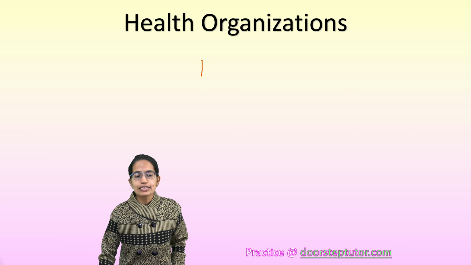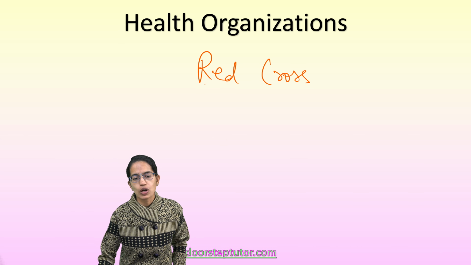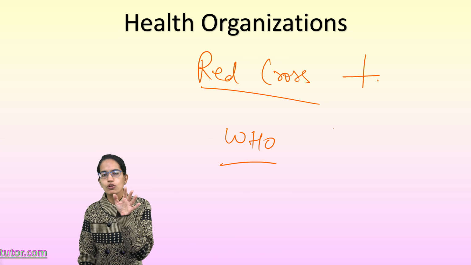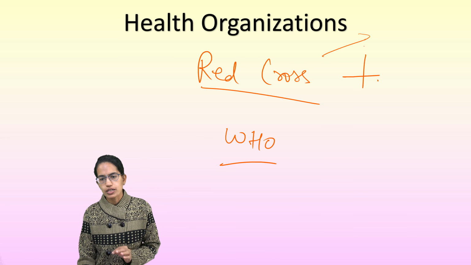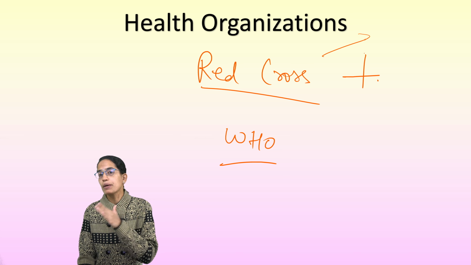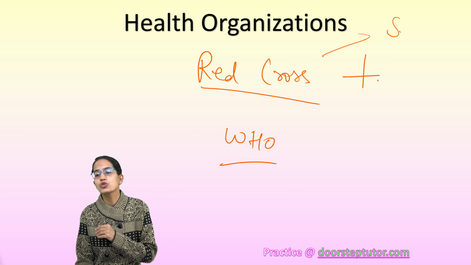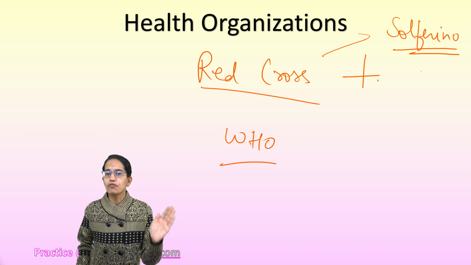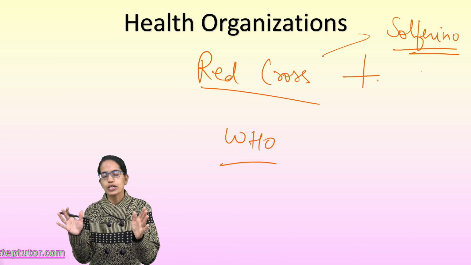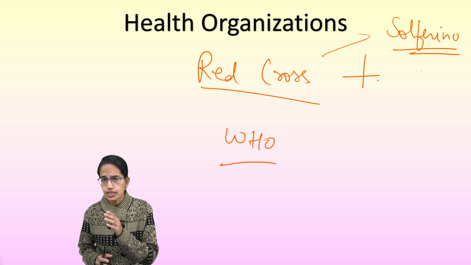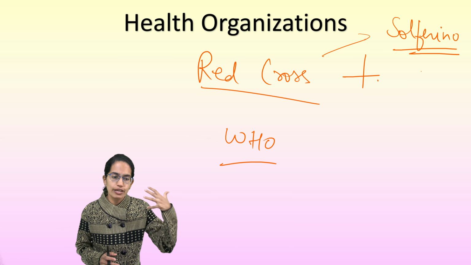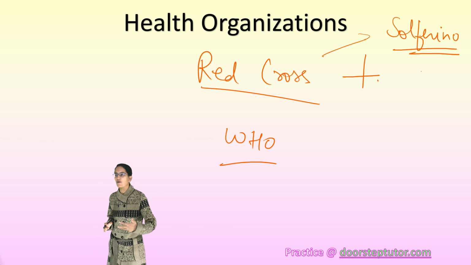The next are two important international organizations. One is the Red Cross, the other is WHO. The Red Cross has a symbol of a red cross, and this indicates a voluntary organization established by Henry Dunant, in line with the memoir he had written, A Memory of Solferino. Solferino was the battlefield where the French and the Austrians were at war, and there were more than 40,000 casualties witnessed by Henry Dunant, and this led him to develop an organization which later came to be called the Red Cross.